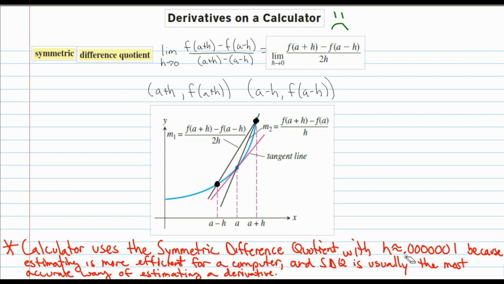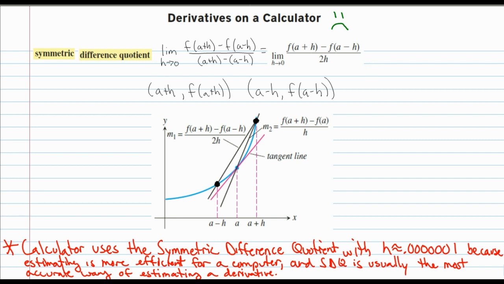What it does is it takes this h value, very, very tiny, and it adds it on to the a value that you want to find the derivative of and subtracts it from the a value you want to find the derivative of. Then it uses those 2 points to calculate the slope. So as you can see here, this slope is going to be different than this slope here. Now it's a better estimate than using our point at the spot of the derivative and just another point, because that's a little bit more crooked. So we have a better chance of getting an accurate estimate using the symmetric difference quotient,